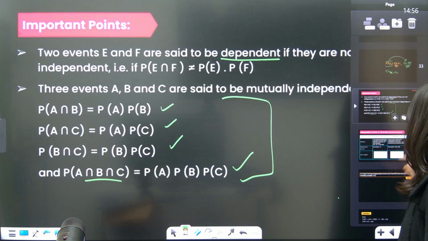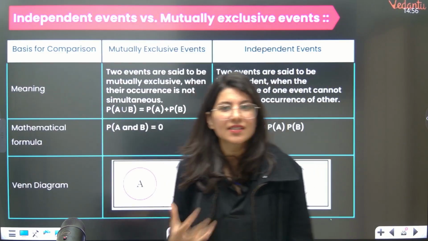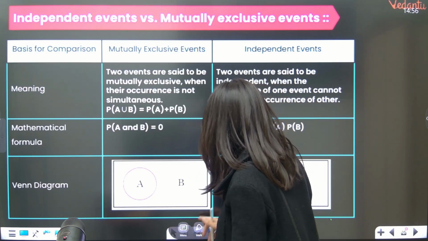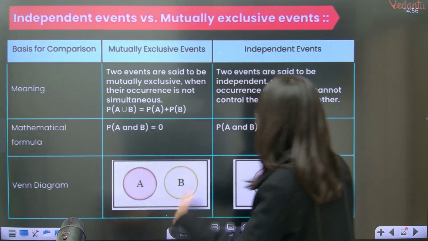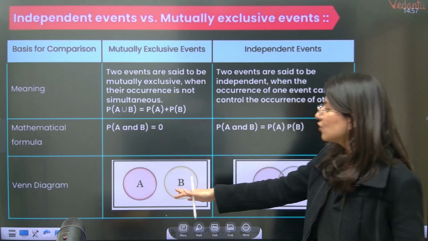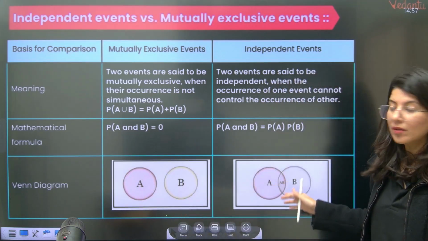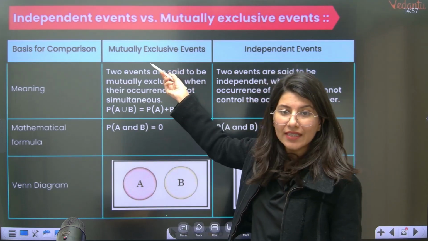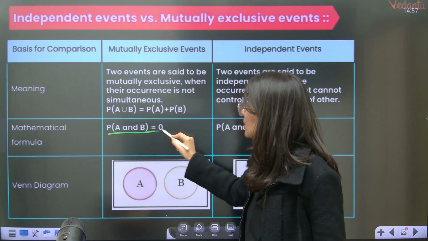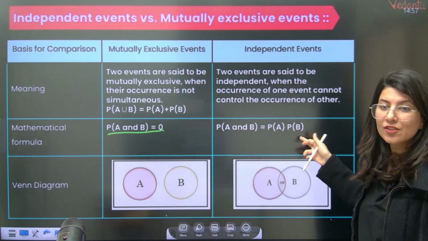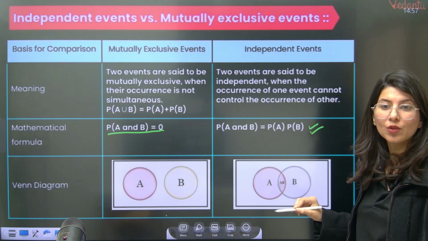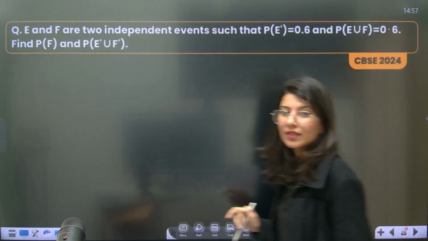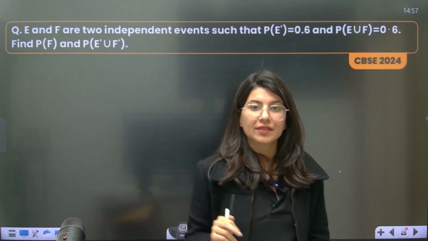Okay, so now again, some people might still have difficulty between disjoint sets, mutually disjoint sets, and independent events. I told you that for disjoint the intersection is null, for independent the intersection cannot be null. Disjoint means mutually exclusive, we studied this. P(A intersection B) will be 0, but here P(A intersection B) will be probability of A into probability of B, and this is the Venn diagram variation of the two. Now let us talk about this.